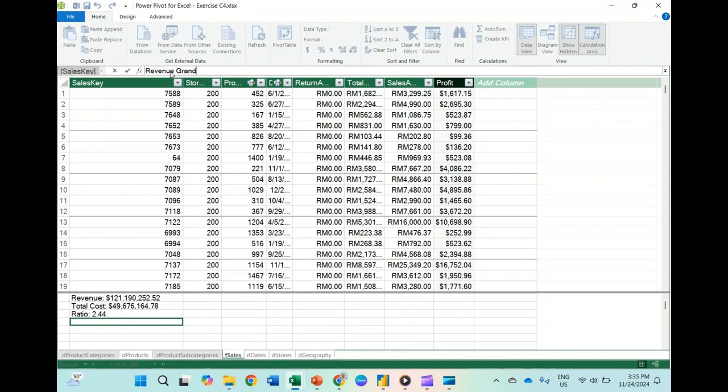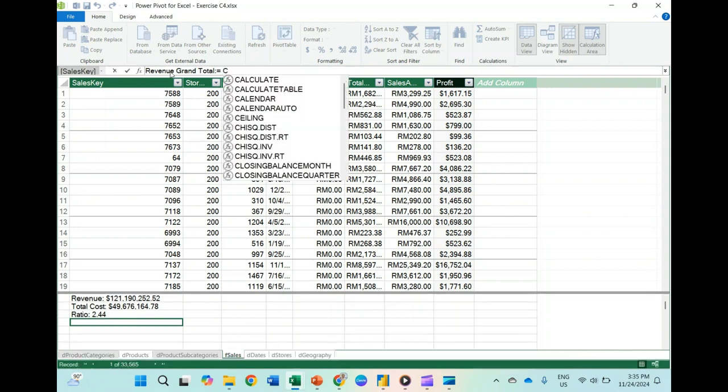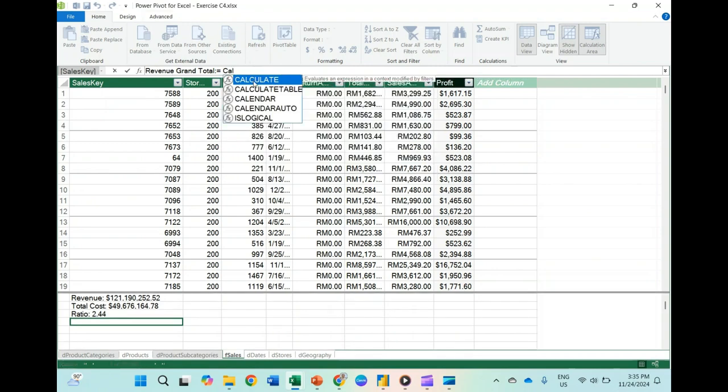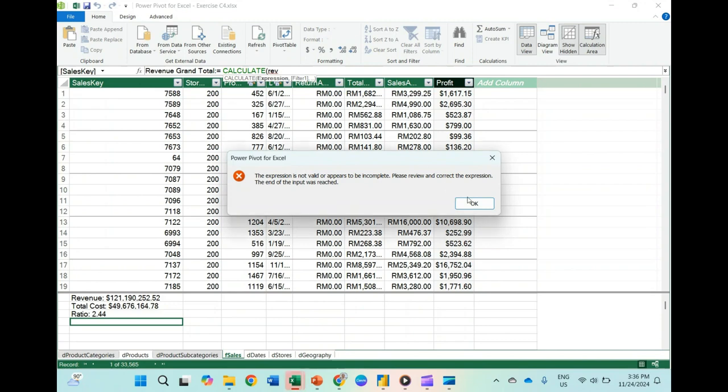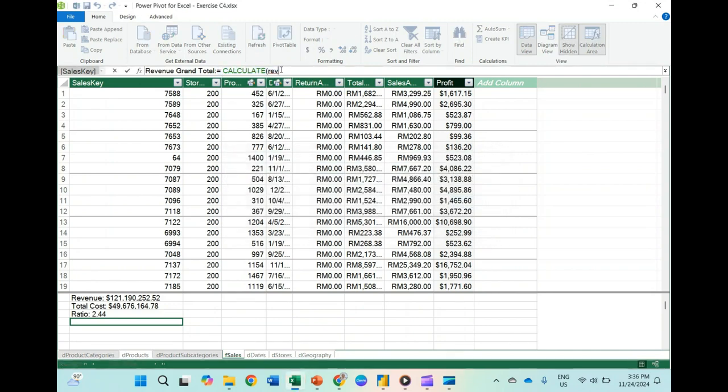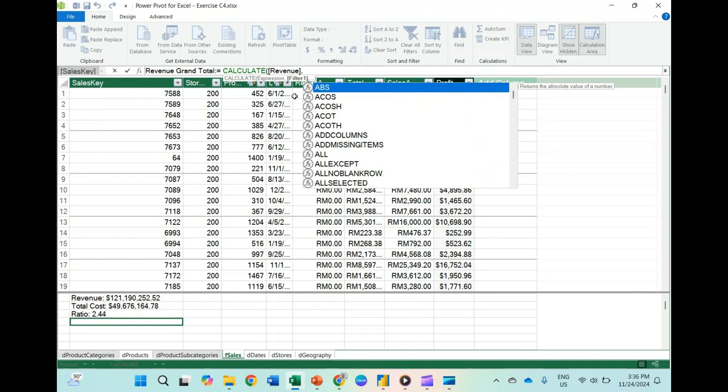All right, so let's say I want to create a new calculation, revenue grand total, colon equals to. This is a formula title. Use a calculate expression, and we want to calculate the revenue. Calculate revenue, and then a filter ALL.